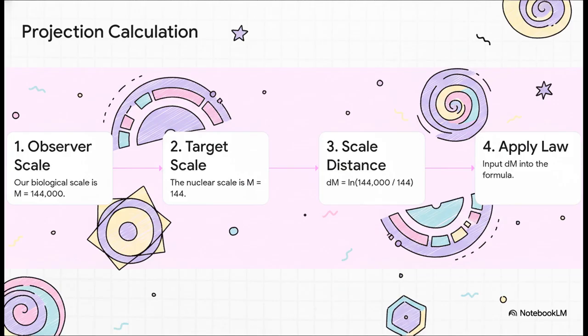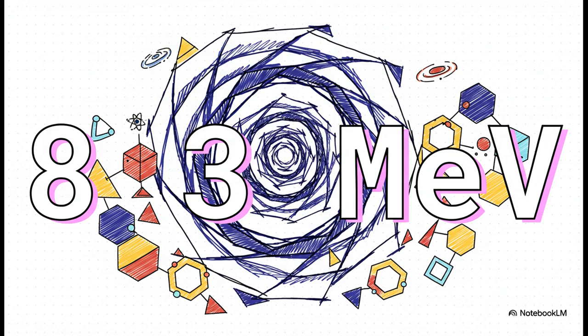In theory, this should spit out the exact shift we see in the data. And bam, look at that. When you run the numbers, the perfect intrinsic value of 8.5 MeV gets transformed into a projected value of 8.3 MeV. And that is a dead-on match for what we actually observe. It's pretty wild. What used to look like a messy experimental result is now being presented as stone-cold proof that this projection effect is real.